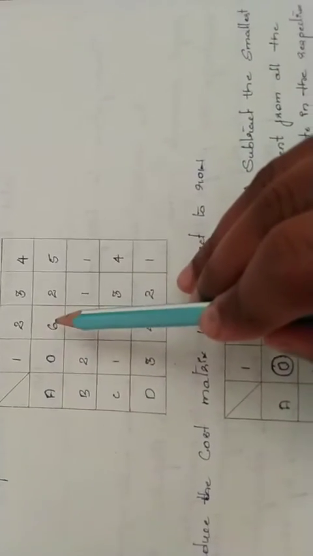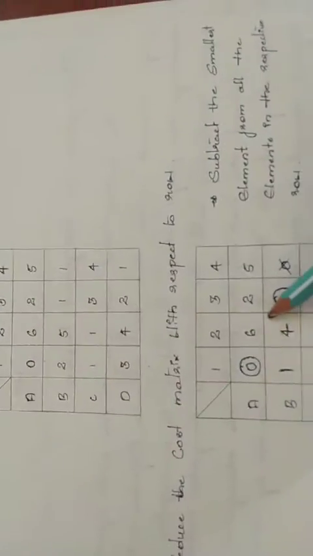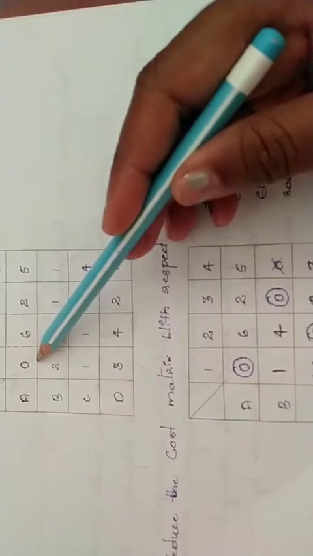Once you prepare this matrix, you can apply the Hungarian method. That is, first reduce the matrix with respect to rows. Whenever you are doing the reduction with respect to rows, for each row identify the minimum value and subtract it from the remaining values. In the first row, the minimum value is 0, so 0 minus 0 is 0, 6 minus 0 is 6, 2 minus 0 is 2, the minimum value, and 5 minus 0 is 5.